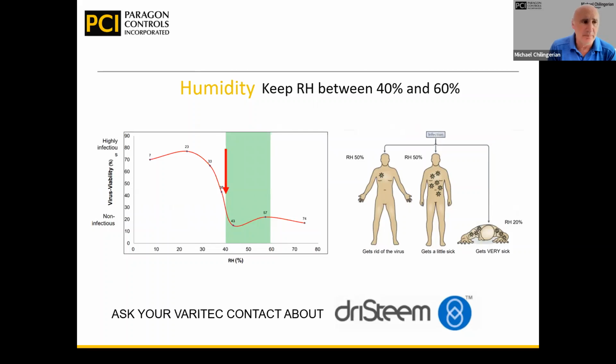Another piece of the puzzle is keeping the humidity in the 40 to 60 range. We don't do anything with humidity. I know that Veritech handles dry steam in your territories, in your areas, and it being a dry space where you're in the desert,